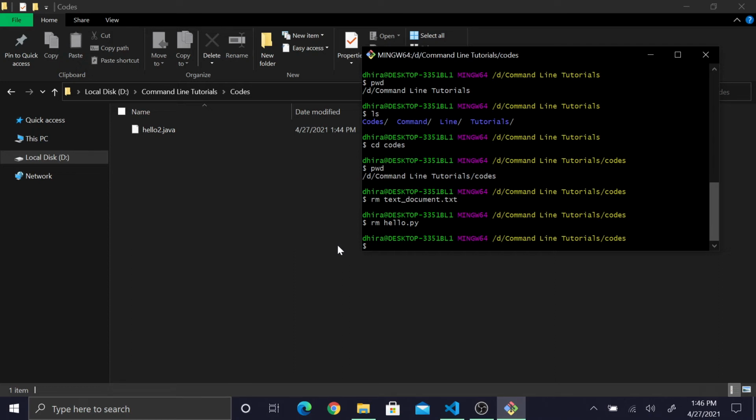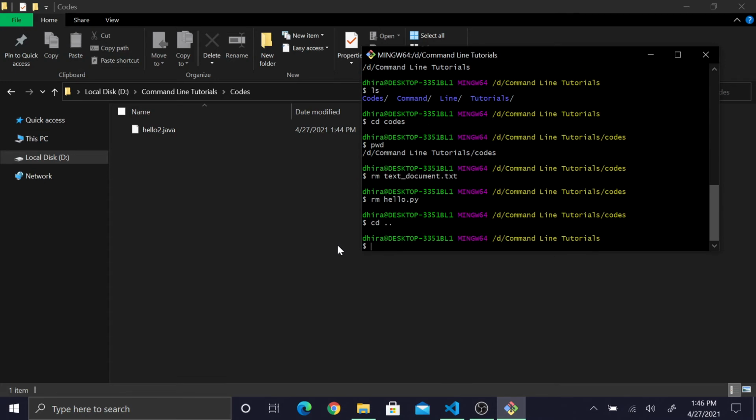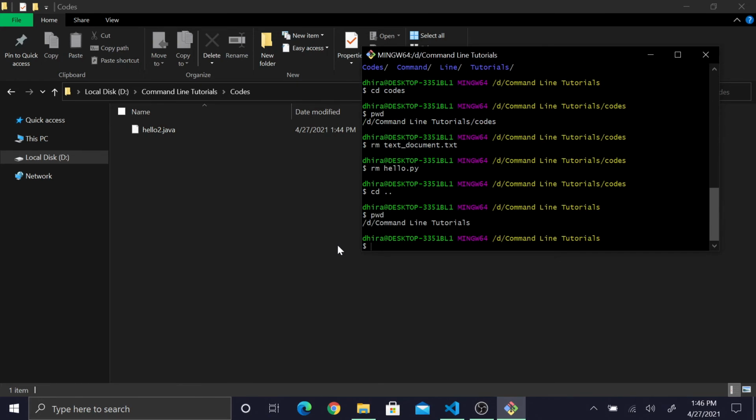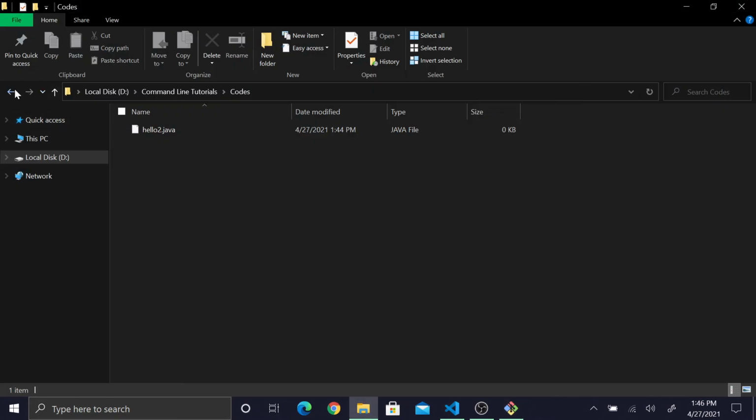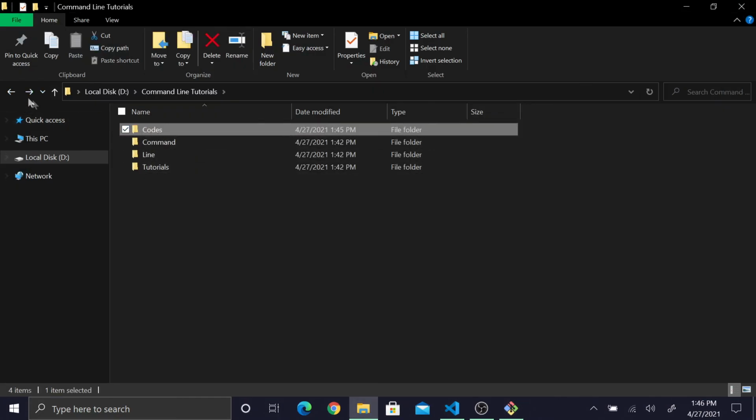Now let's learn how to remove an entire folder with the help of command line. So what we will be doing, we will be going back first. We will be going cd dot. We will be in our command line tutorials folder. Okay, cool. So I will be deleting this whole command line tutorials folder here.